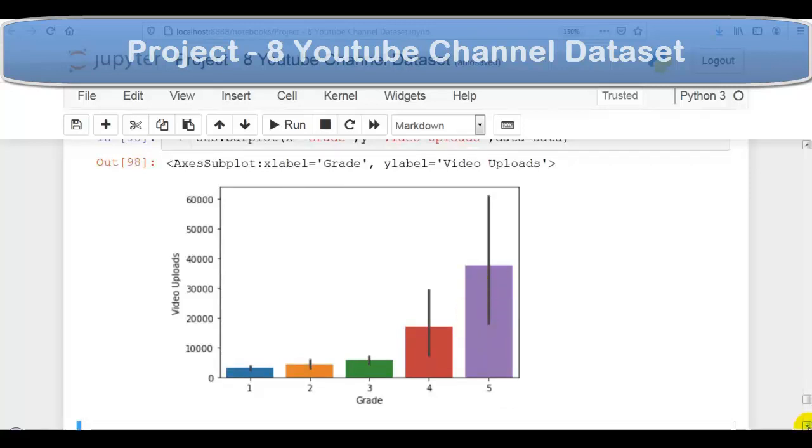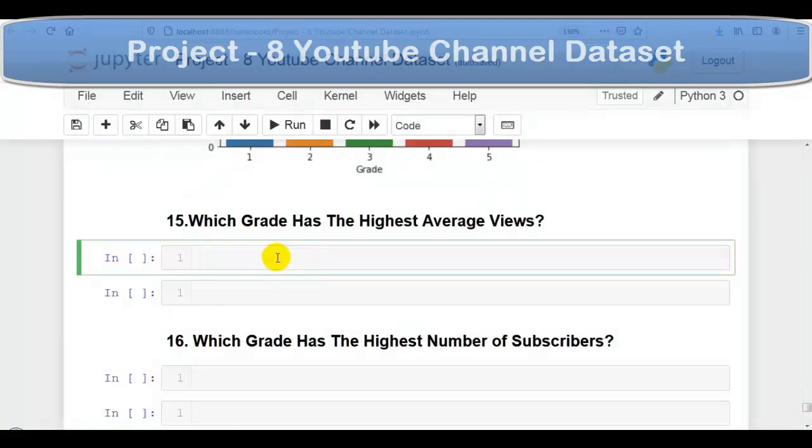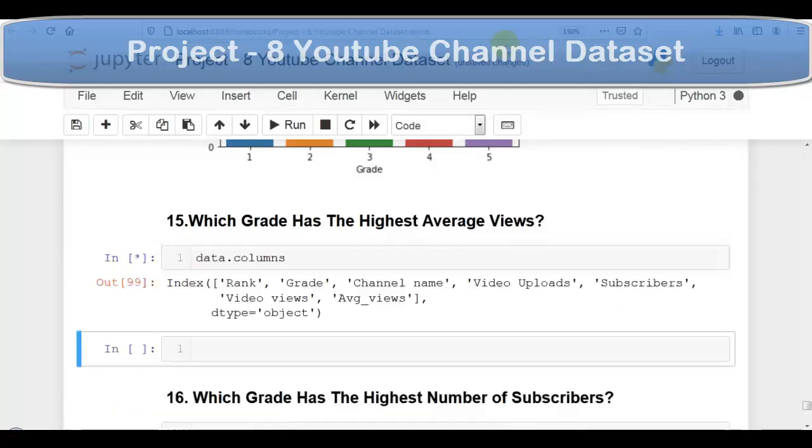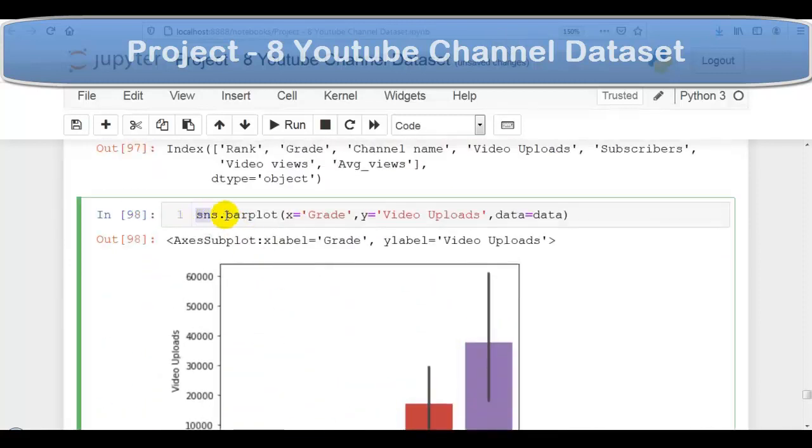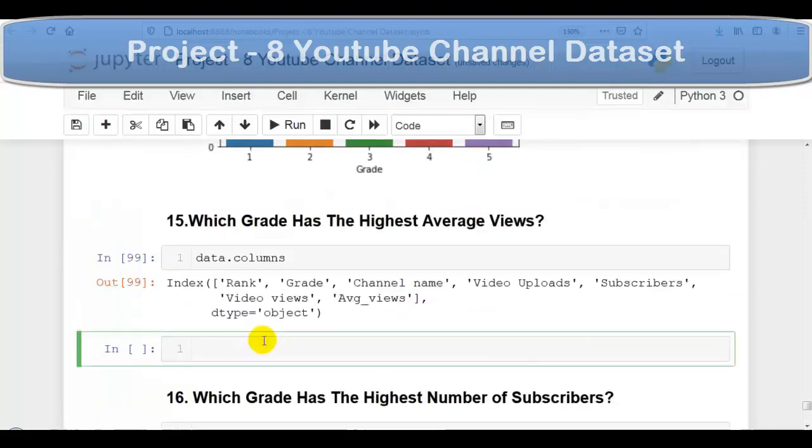So now next question. In this question we have to find which grade has the highest average views. So let me first display column names, to know actually we have to work on which column. So now same we can use this bar plot. So let me copy this statement and let me paste it over here. So now on x-axis, again we have to pass this grade column.